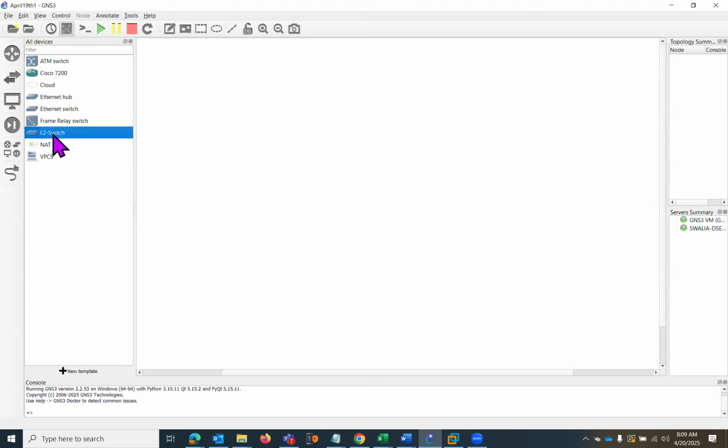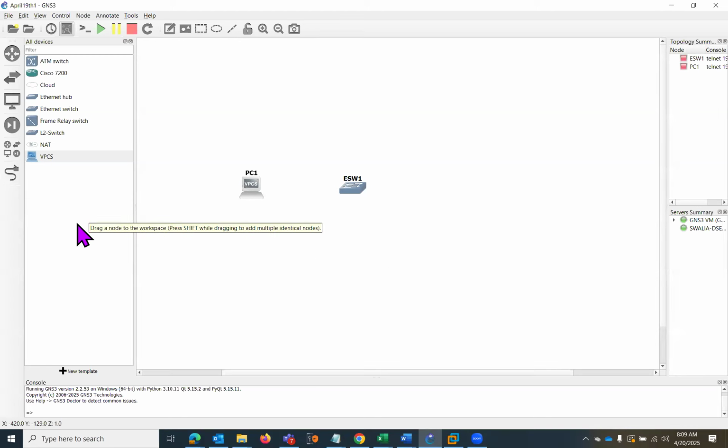So here I have got a switch, as you can see, and I'm going to bring a couple of PCs here. And another thing that you are going to learn is how to run these devices on a VM, virtual machine. So for that also, I'll create a tutorial and share with you, right? But for now, just